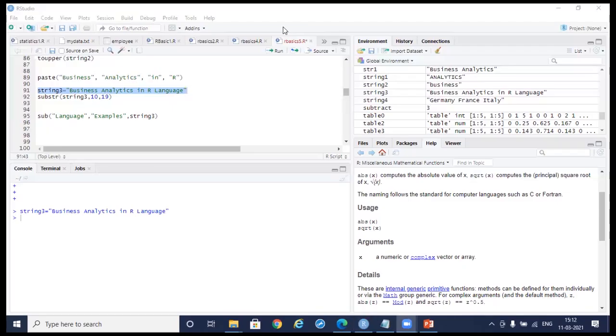Now we can see here string 3. I'm running string 3 here. Inside it, "business analytics in R language" is given. Now I need to replace this "language" with "example". Okay, so instead of this "language", "example" should be there. So the sub function is present here. Inside the sub, I have to pass 3 parameters, such as which particular character I need to replace,